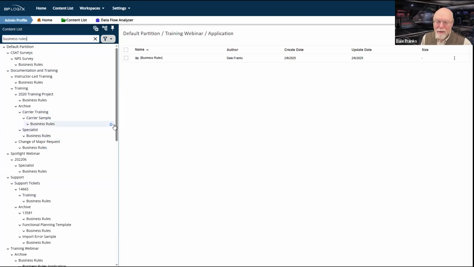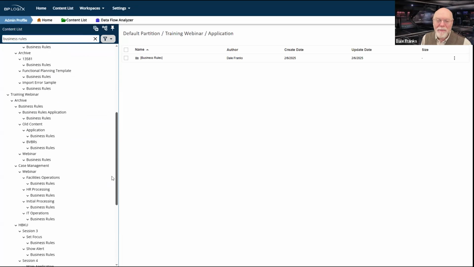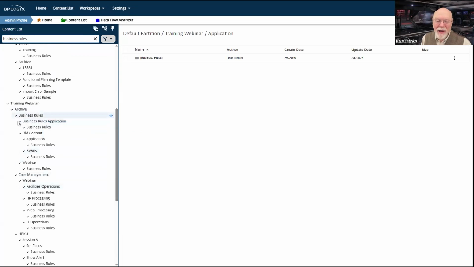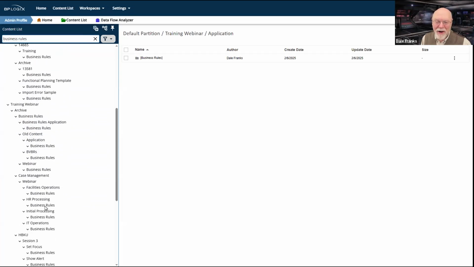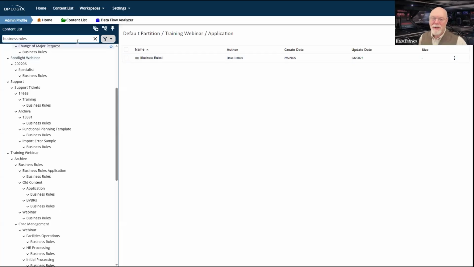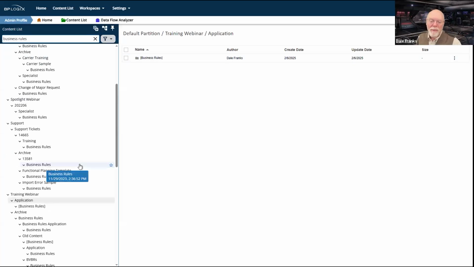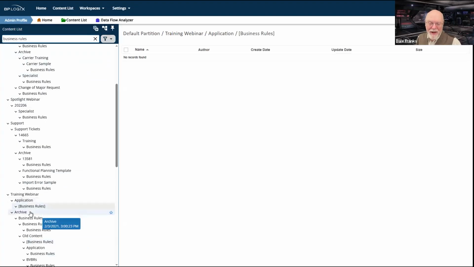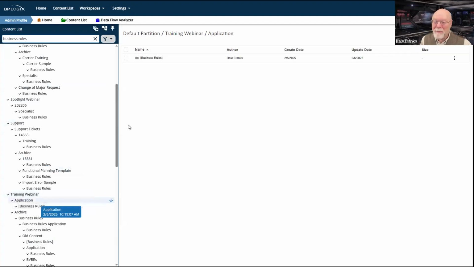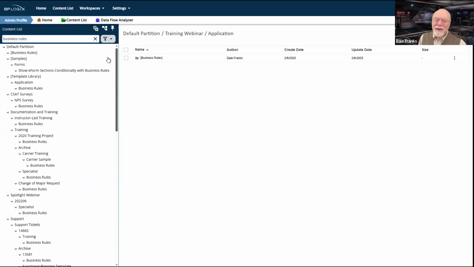Well, it doesn't exist here in training webinar. It only exists in this archive subfolder. This business rules folder has disappeared and it will not reappear until I turn on my system folders, in which case it now just magically appears under application. So this toggle system folders thing works exactly how it was designed. So keep in mind that its intent was to work solely for